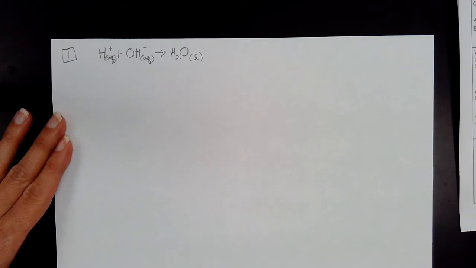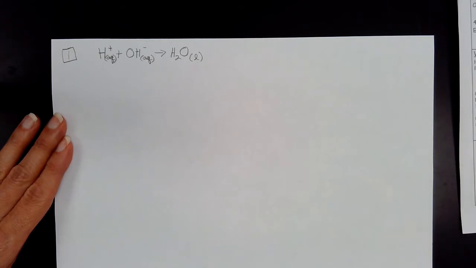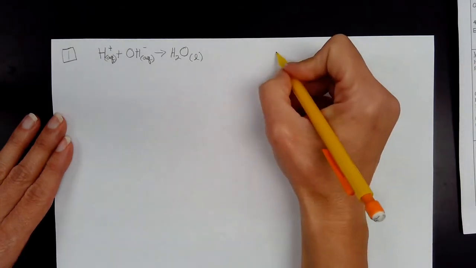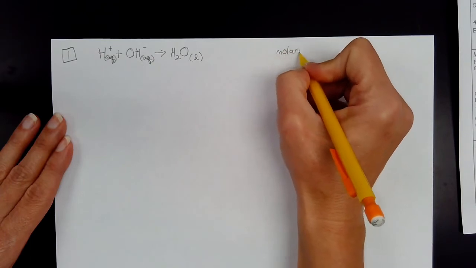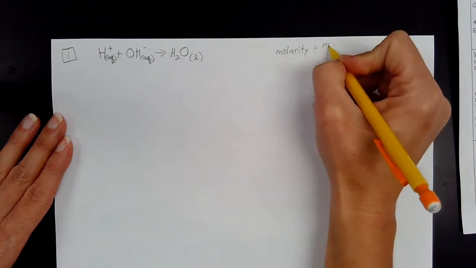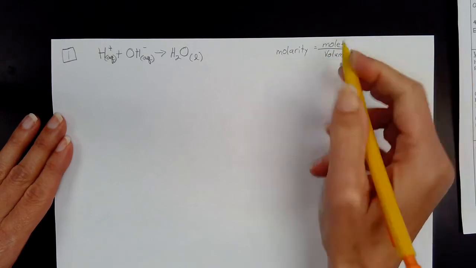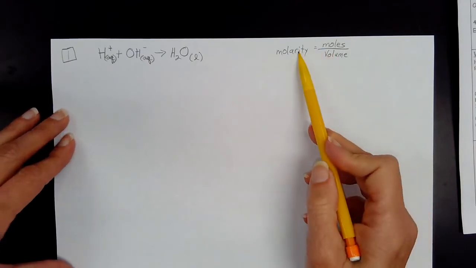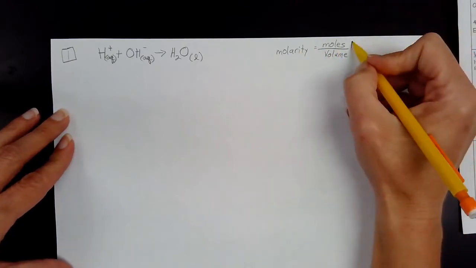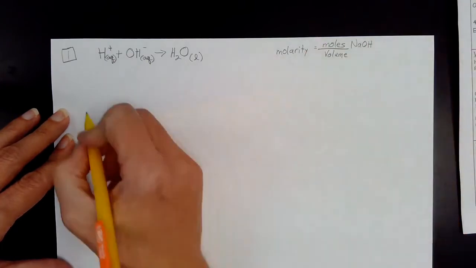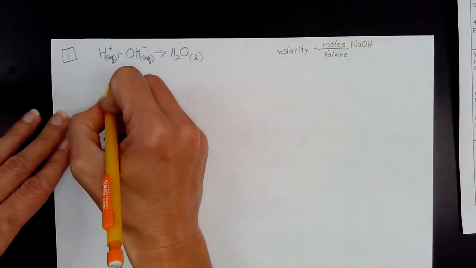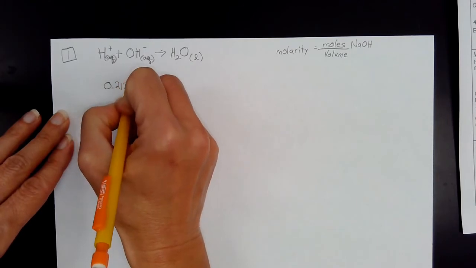And then it asks us to find the molarity of sodium hydroxide when we're given a mass of potassium hydrogen phthalate and a volume of sodium hydroxide. So if I have volume, I know that molarity equals moles over volume in liters. And so if I have a volume and I want to know molarity, I need to find the moles of sodium hydroxide. And so I'm going to begin with what I know, which is the 0.212 grams of